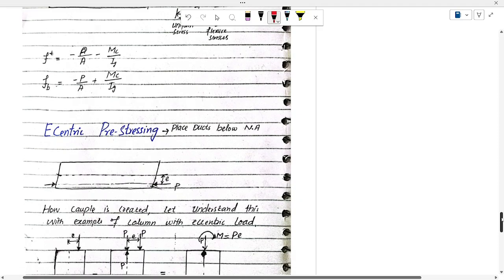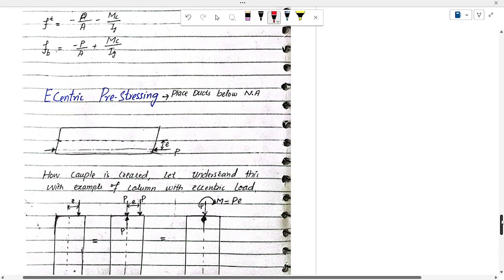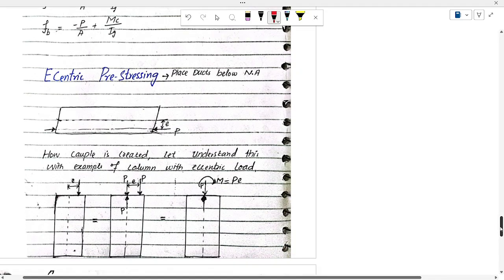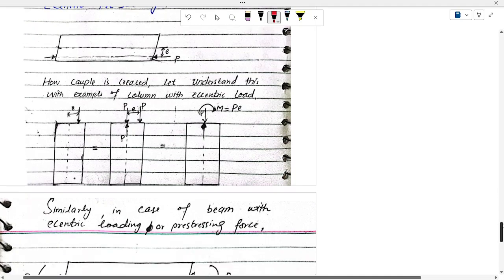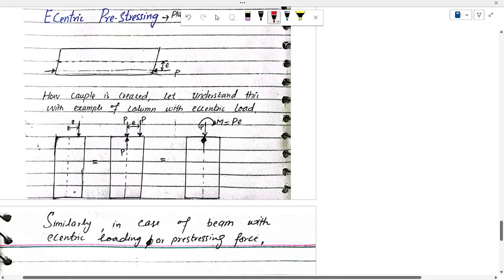Now let's see eccentric pre-stressing. In eccentric pre-stressing, the ducts are placed below the neutral axis. Here you can see the reinforcement, or straight wires, placed below the neutral axis. How can we formulate this? Let's talk about a column